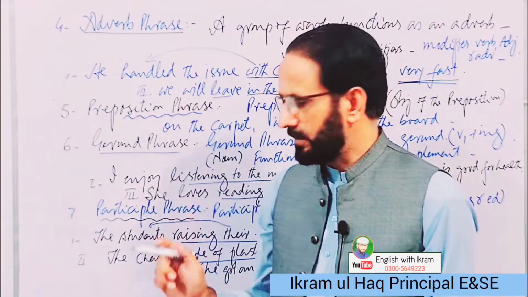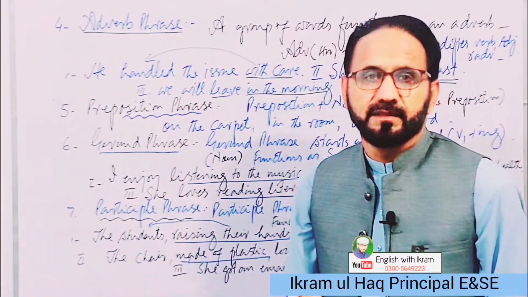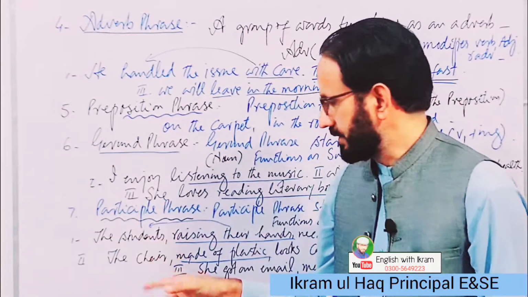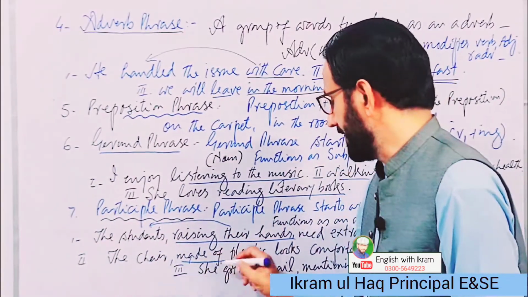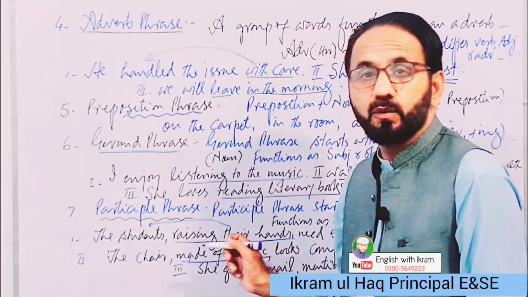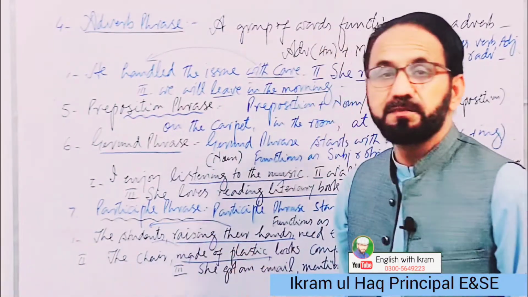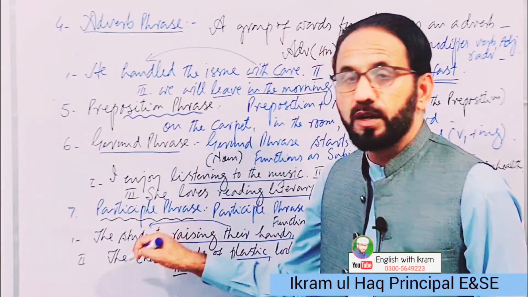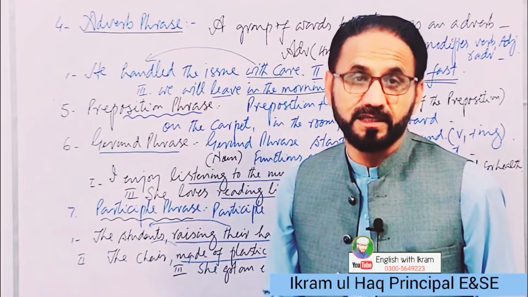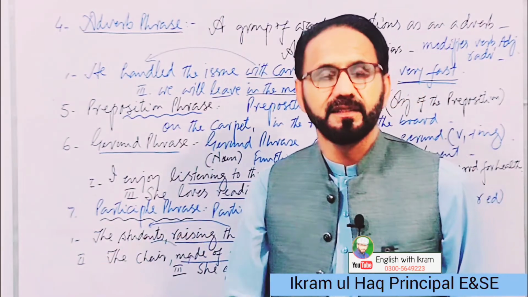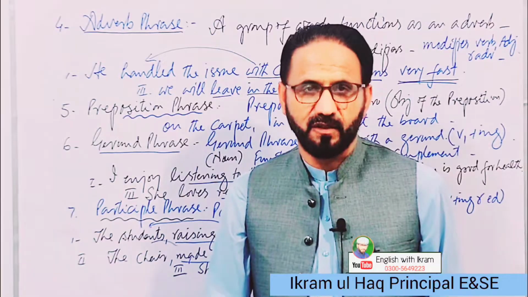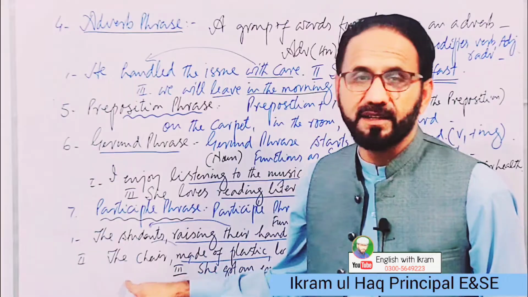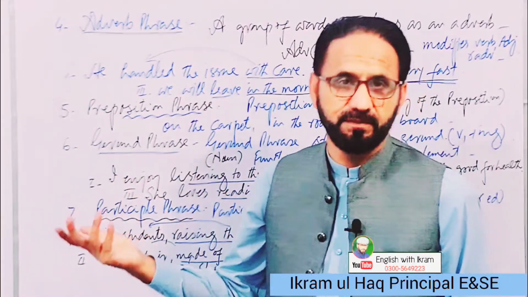ये verb नहीं है. Verb हो तो ज़ाहिर है पीछे कोई हेल्पिंग वर्ब होते हैं या पास इंडेफिनिट में एक्शन शो हो रहा होता. There is no action. The chair कौन सी वाली? Made of plastic. Made of plastic what? Chair. This group of words, made of plastic, starting with a past participle, ये क्वालिफाई कर रहा है, मॉडिफाई कर रहा है चेयर को. The chair which one? Made of plastic looks comfortable. Got it? यहाँ कोई सब्जेक्ट नहीं है, कोई ऑब्जेक्ट के तौर पर नहीं है. It's just modifying a noun, chair. The chair made of plastic.